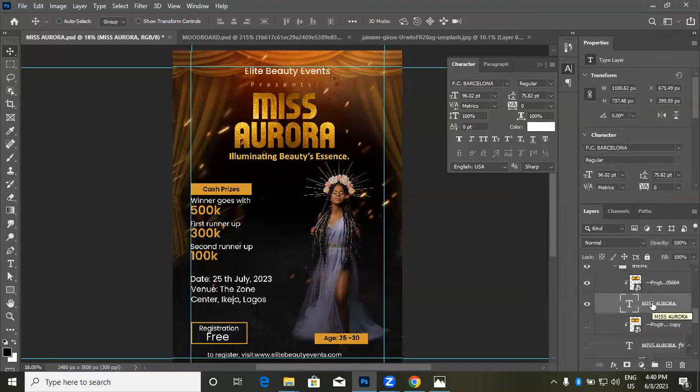To duplicate, your shortcut is Control J, or Command J if you're using a MacBook. Control J or Command J. Duplicate it. Now you have a copy. The copy is the one that the gold effect is clipped on, because if you duplicate something, it comes to the top. So you click on the one that is down